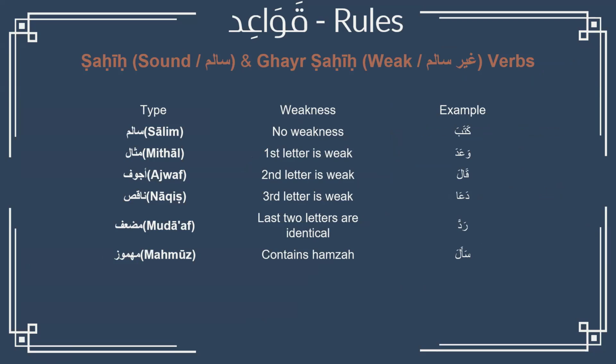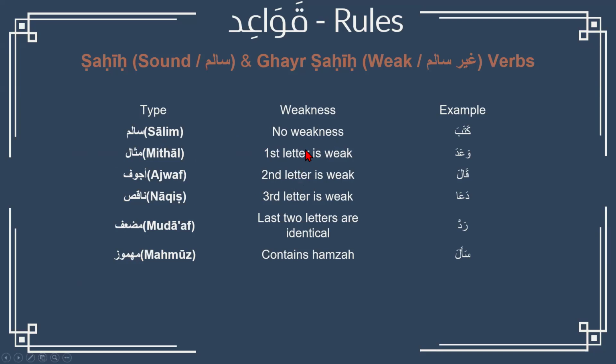So this is simply to explain to you the Sahih, which is the Salim verbs, and the Ghair Sahih, which is the weak or the Ghair Salim. So Ghair Salim simply is, as I said, Ya, Waw, or Alif. Whenever you have Ya, Waw, or Alif, those are weak letters, or Ghair Salim or Ghair Sahih. All three mean the same thing. Salim, for example, has no weakness whatsoever. Regular words, kataba, right? This is an example of that.